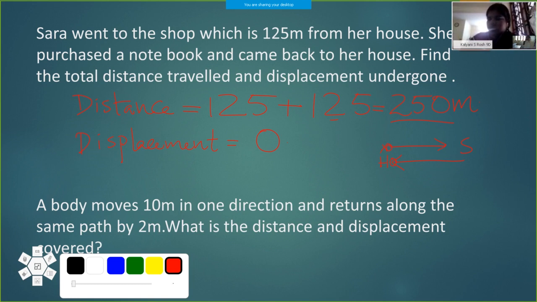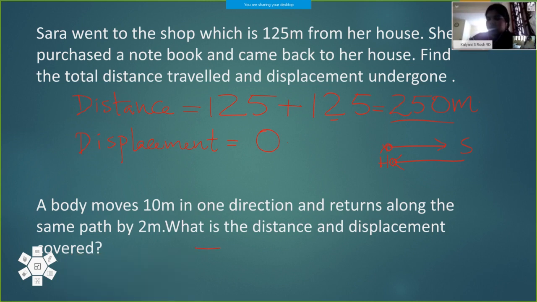And we can draw a line here. And the starting point, origin O, we can mark. Moves 10 meters in one direction, so this direction, and reached the final point, and the distance or the length is 10 meters,